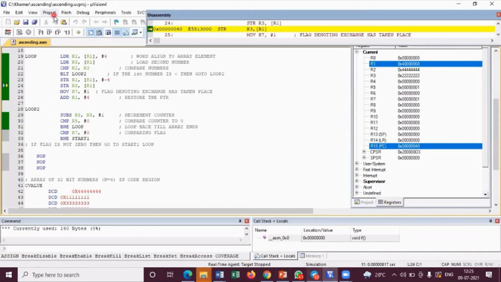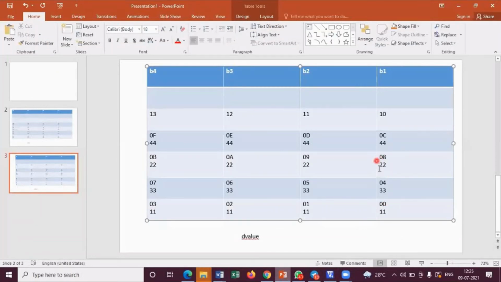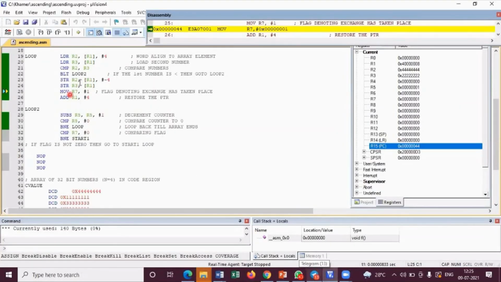So let me execute this. Fine. It has gone already. We can see R1 is still pointing to 08 now. Understanding? Next, move R7 to 1.